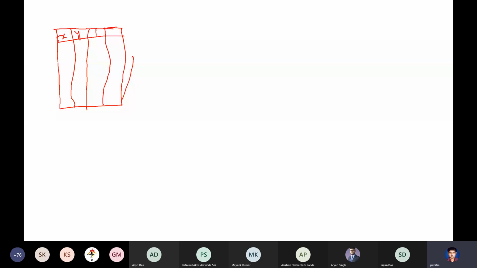Pardon my bad drawing. Let me see if I can draw better. And let's write some values here. Let's say 0 and 1 and 1 and 1. And let's say this is 0 and 0 and